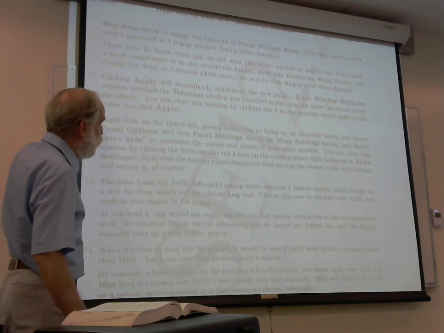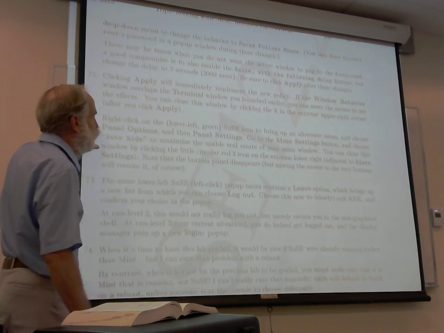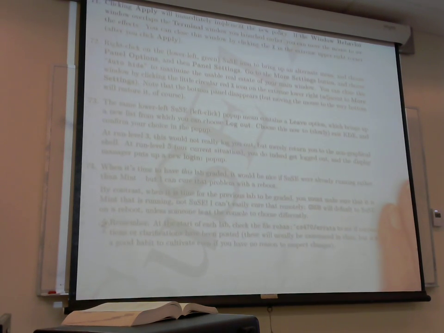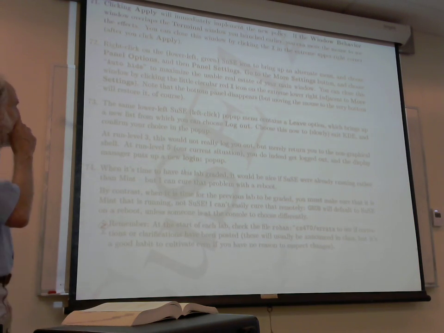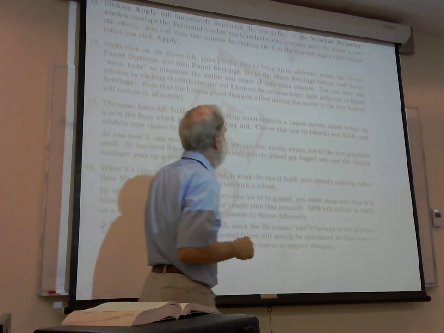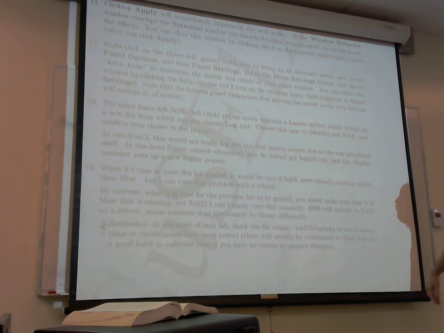You can also auto hide things here, so that's one of the other little things I'll be looking for, to see if you changed these portions of the UI. If you would change the mouse, you need to do that, etc. To get out, you go to that leave option, and there are 7 or 8 entries in the pop-up menu that comes out. You can shut down the system, but of course you don't want to do that right now. What you choose typically is the logout option, and then the display menu will come back up if you're back in level